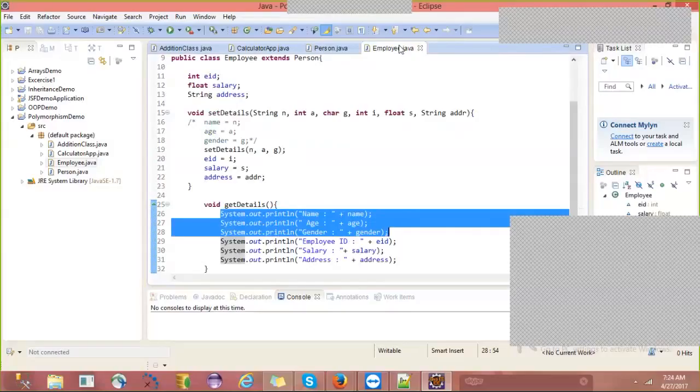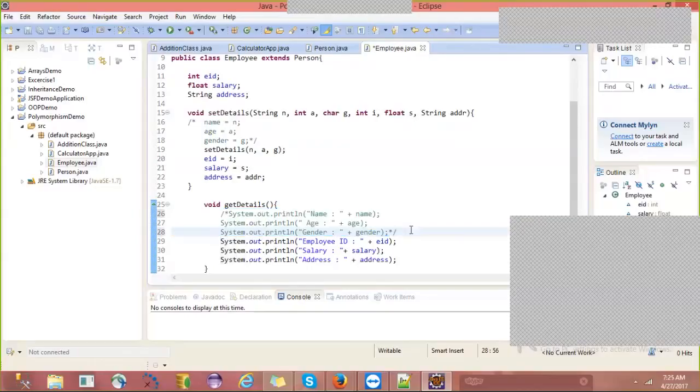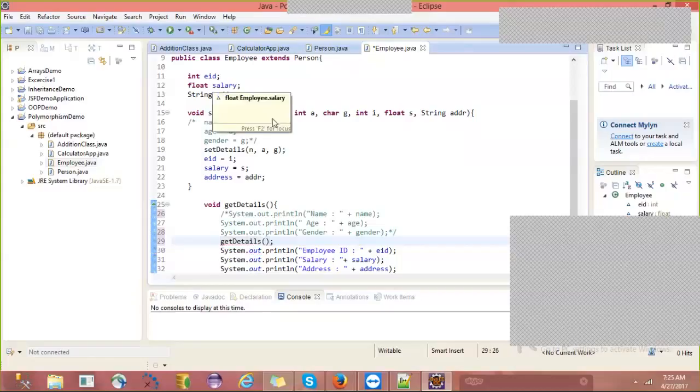Yes, Shivangi, it's right. We need to use the getDetails method of person. This is what we are doing, right? We called getPersonDetails in the inheritance example, right? Yes, person.getDetails. But person is a superclass of employee, right? Whenever it is a superclass method, do we need an object for the superclass? We don't require it, right?